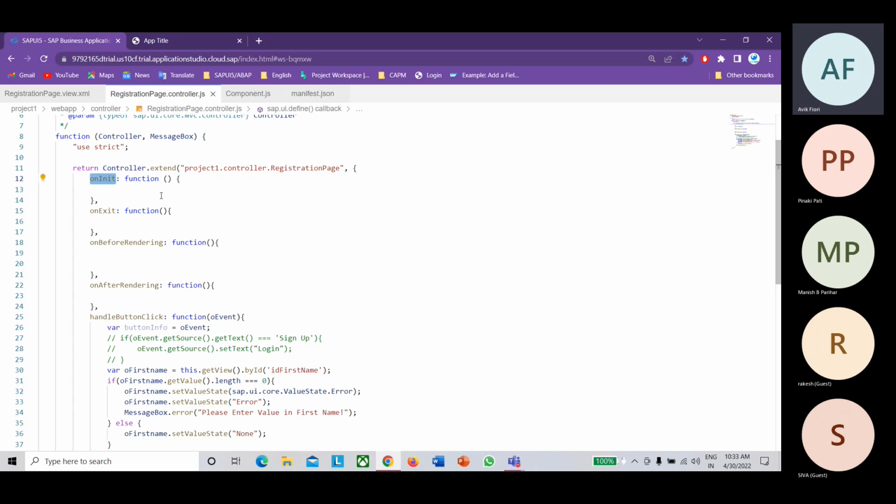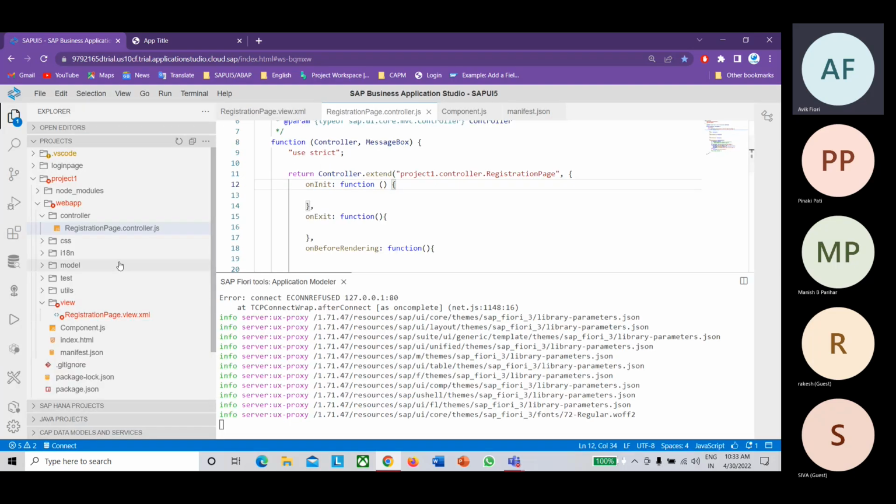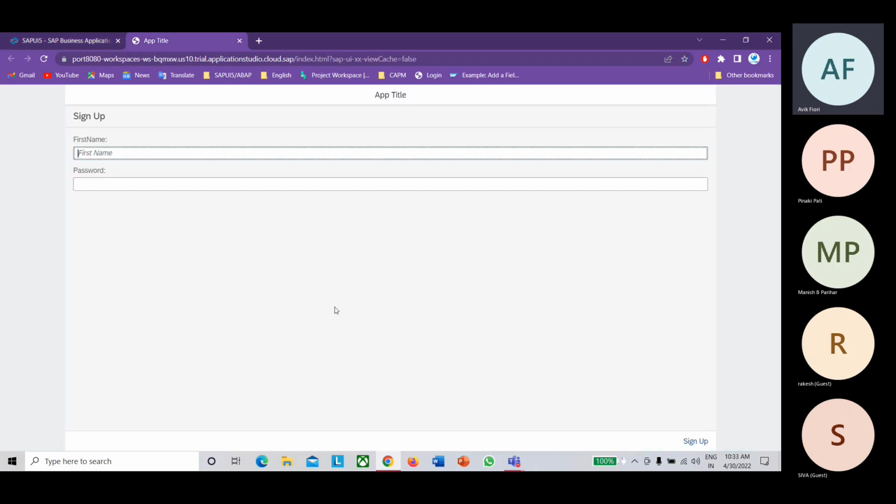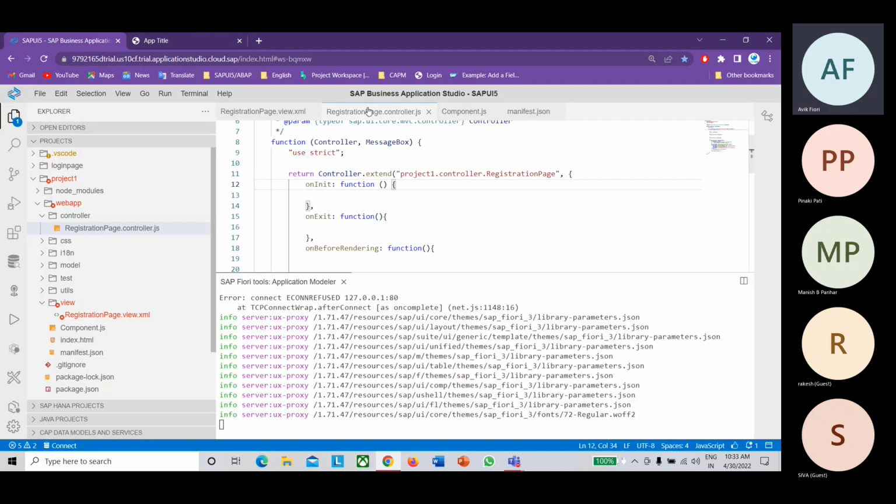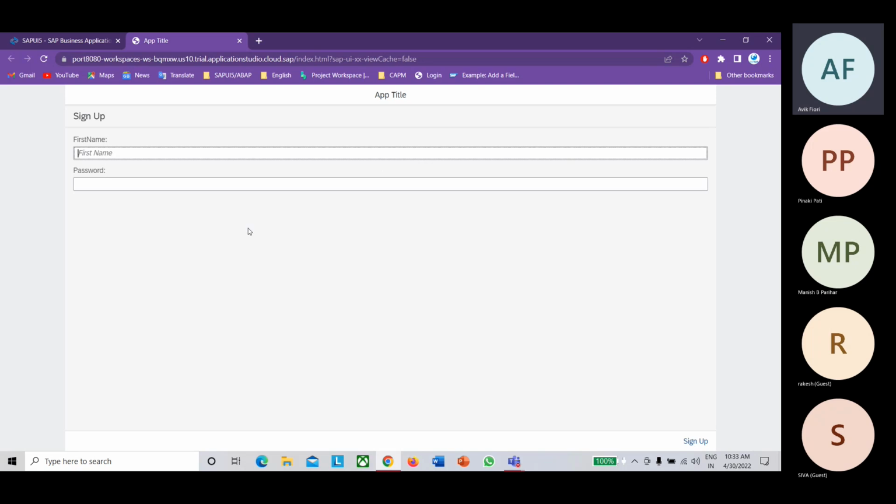This is the method which will be triggered only once for the controller. For example, let's say I have 3 or 4 controller files and 3 or 4 view files. Once you develop your application, let's consider you have a couple of next options, say a next button in the footer. Initially your registration page is displayed when you load the app. As soon as you click on next, another page opens, like after the registration, your login page opens.